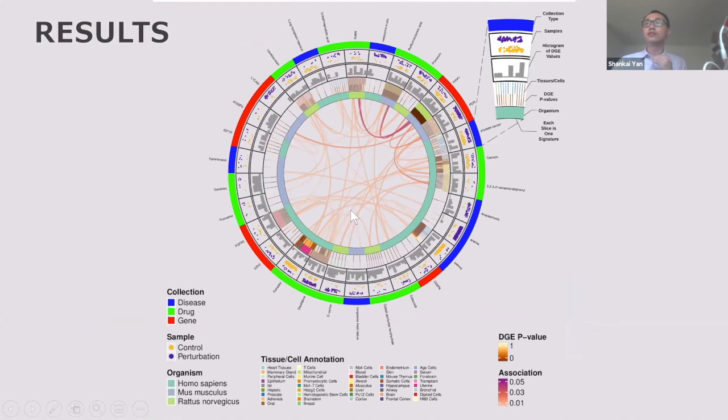So you can see this is a circos plot, and each slot, or each line, or each degree in this circle represents a signature. So the signatures are in the outermost circle. You can see that it has 3 categories. It represents the diseases, the drugs, and the genes here. And this is the first step we conducted in the beginning. And after that, in the second step,